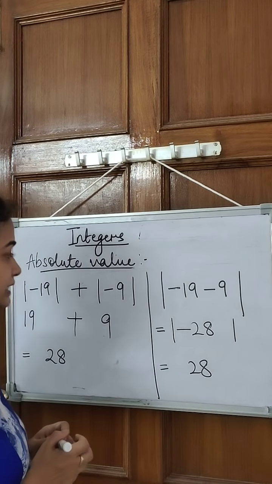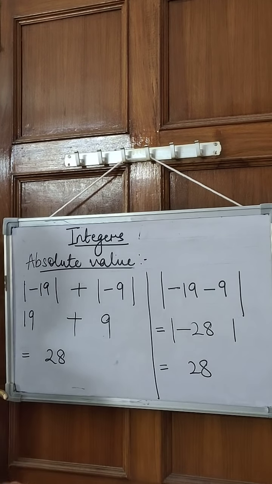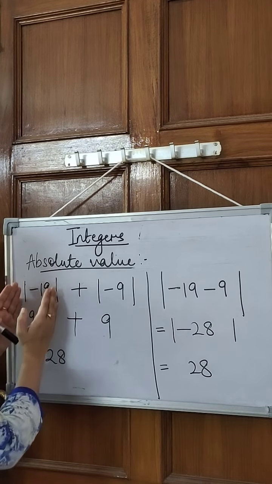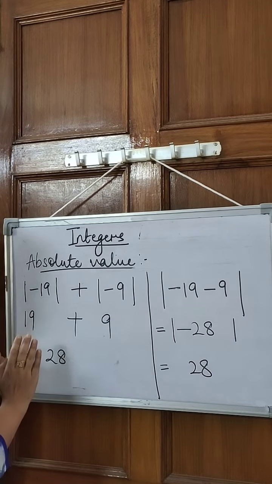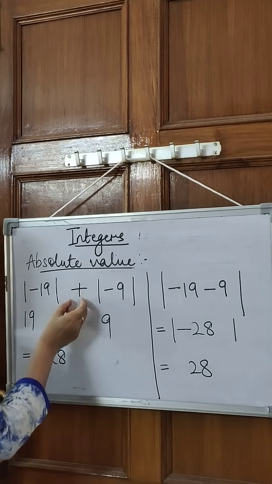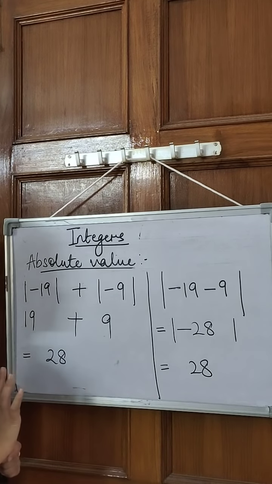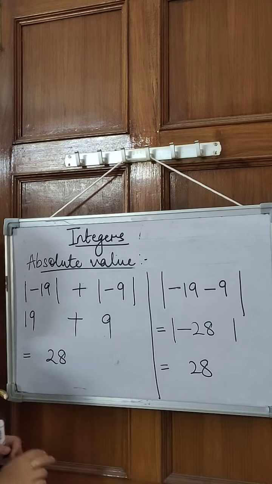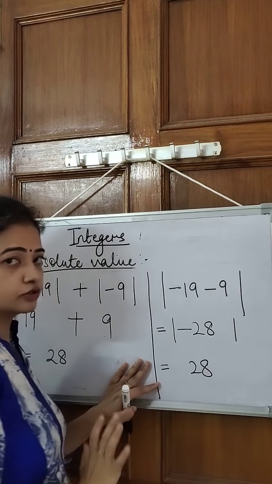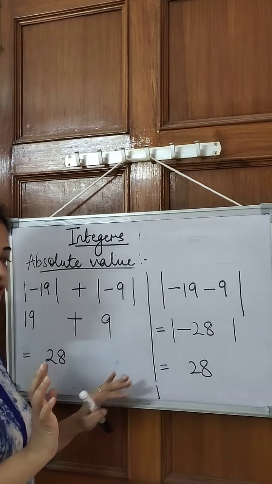So these are the types of questions that you get for absolute value. Two types. The first type says find the absolute value, since only one number is inside it, then add. Why? Because this positive sign is outside the absolute value sign. There is no absolute value with this number. But here we can see that two numbers are inside the absolute value sign. So you have to solve them first and then remove your absolute value sign.